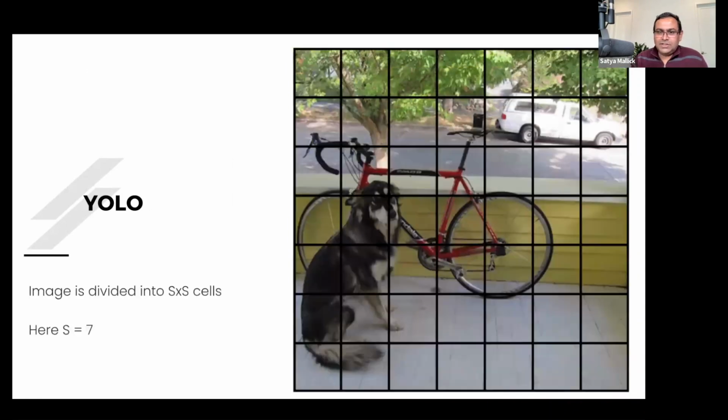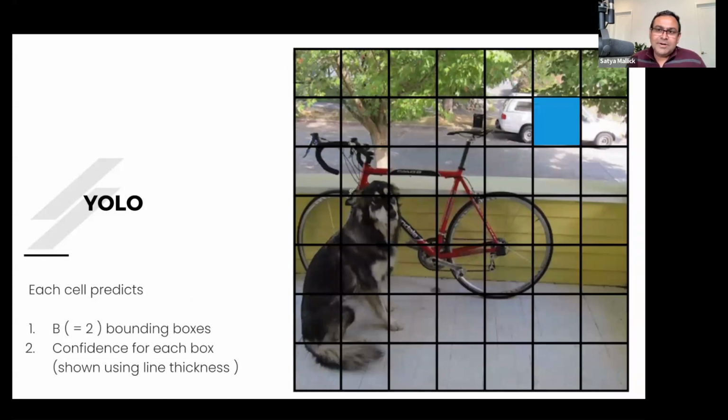They basically divide the image into grids. Here you can see that the image has been divided into 7 by 7 grids. And if you remember, the original size of the image was 448 by 448. That whole image has been divided into these grids, or what they call cells. Each cell predicts 2 bounding boxes, and it also predicts the confidence for each bounding box. For example, there are 2 bounding boxes that this cell is responsible for predicting, and the width of the bounding box shows the confidence. So each cell will produce 2 bounding boxes and only 2 bounding boxes, which means that,